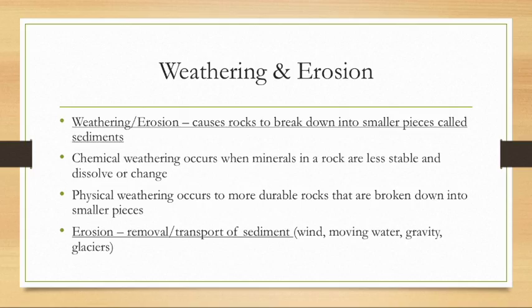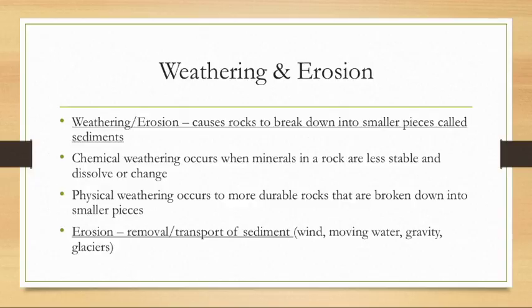preserving fossils. So if we look at weathering and erosion first, weathering and erosion is ultimately what causes rock to break down into smaller pieces called sediment and then get moved. So you have different types of weathering. Weathering means to break down. You have chemical weathering, where these rocks are breaking down at a chemical level. So the substance of the rock is literally changing its chemical composition because of some interaction with the environment or